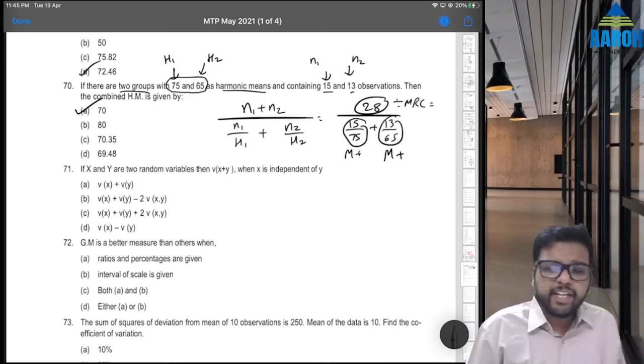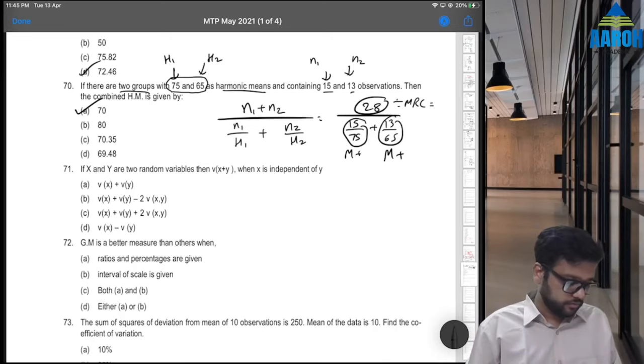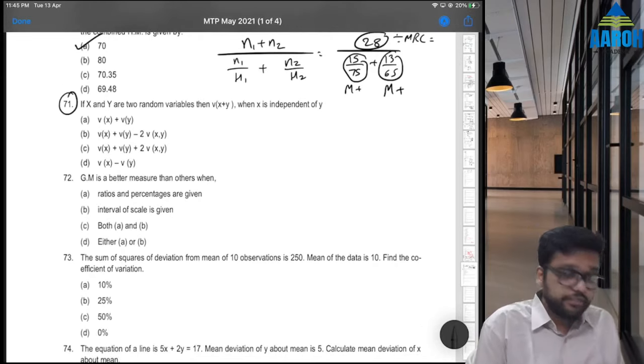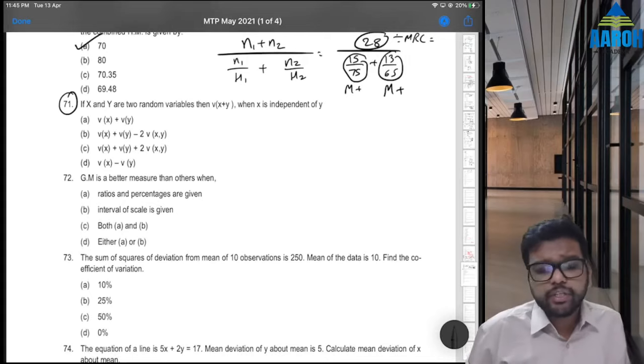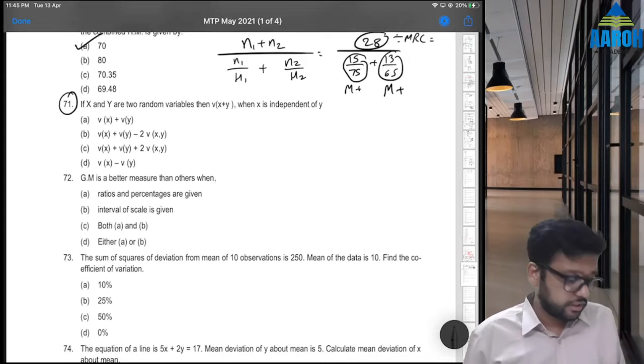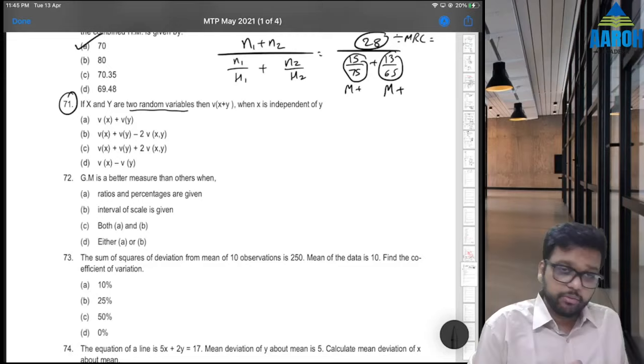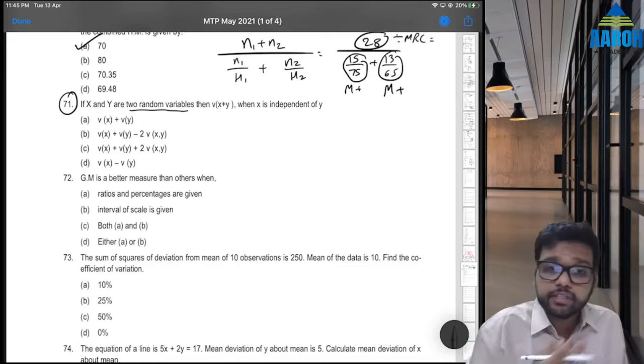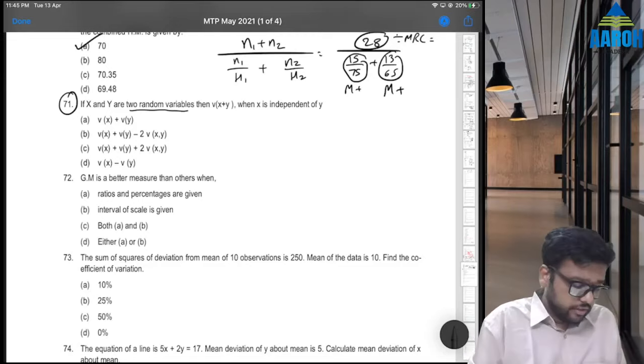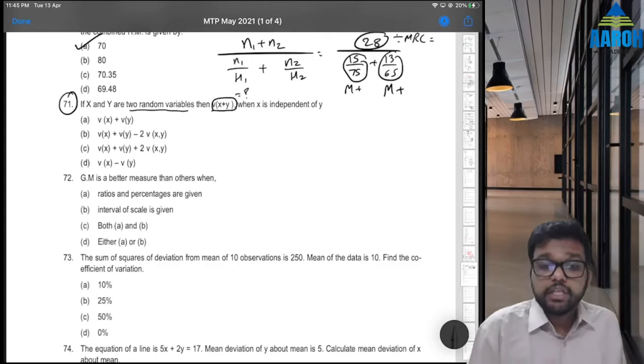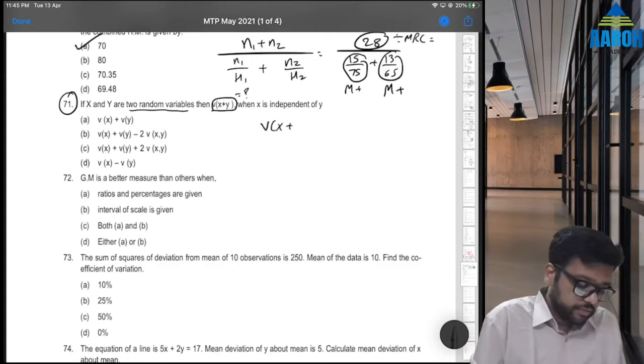So 70 is the combined mean. Next, now this is a different question because I don't think it is anywhere in the module. If x and y are two random variables, so theoretical distributions, probability, then what is the variance of x plus y when x is independent of y? Remember, variance of x plus y is variance of x plus variance of y plus 2 times covariance of xy,